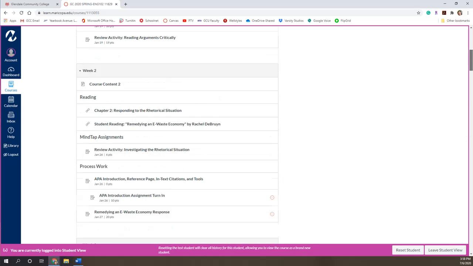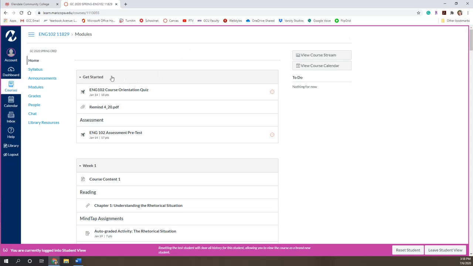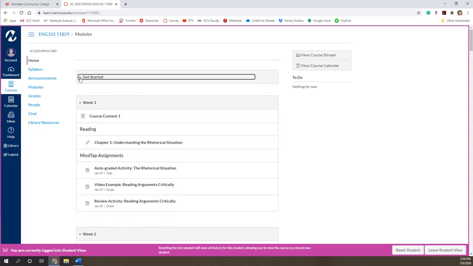As you work through these different modules, each of these gray bars with the white rows listed underneath it, this is called a module. This right here would be called a module. Okay, so this week, once we get started with the course, once we're done with this, we'll be able to just collapse it